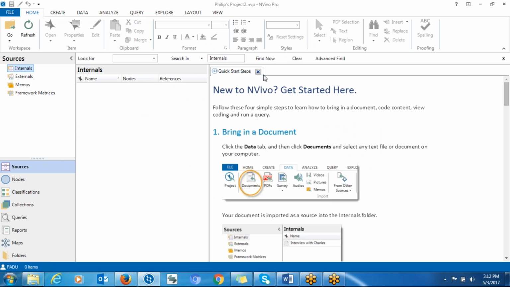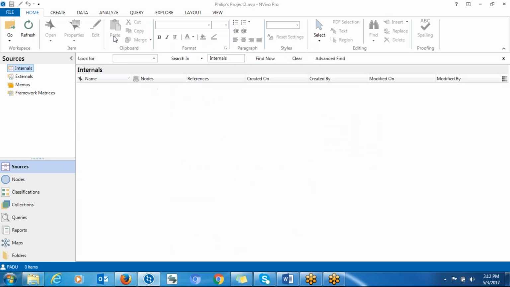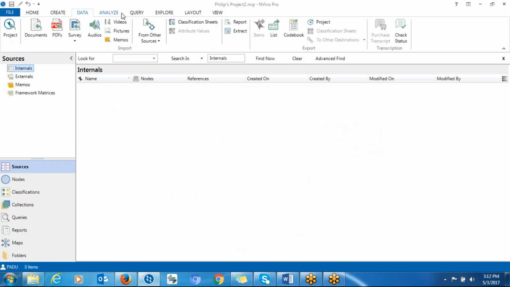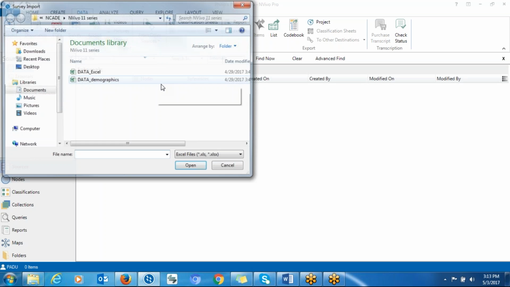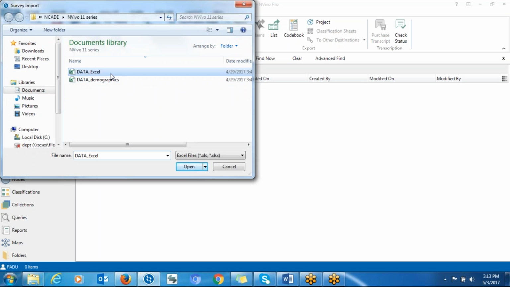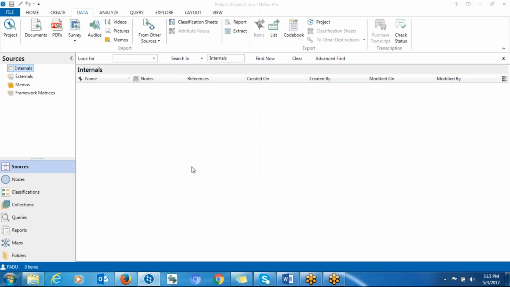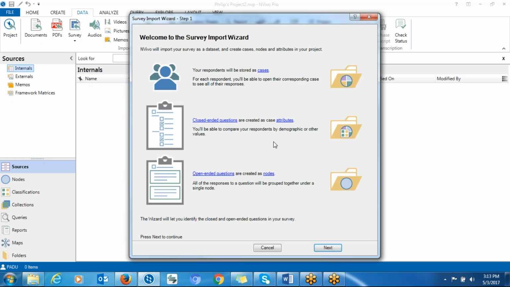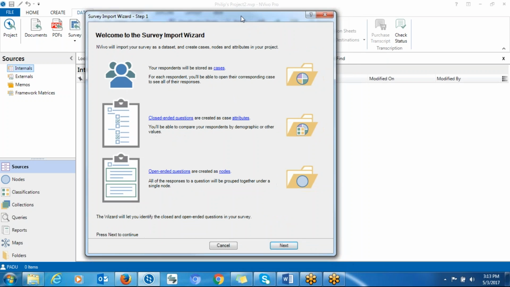In this case, you're going to upload it as survey. So you can see here you click on that, you click on Microsoft Excel, and then you choose what you want to import. Click on OK, open. So here, this is just showing you how the information in Excel will